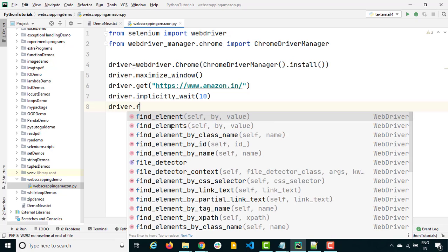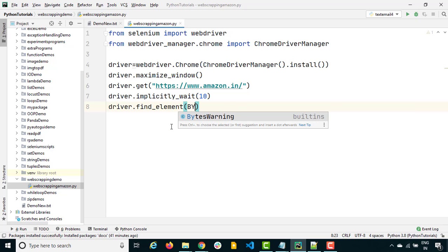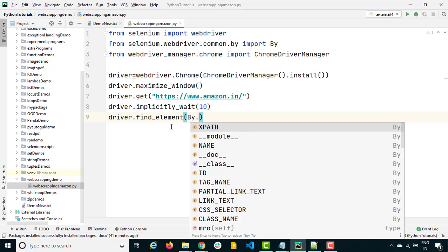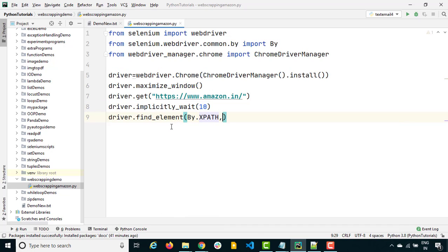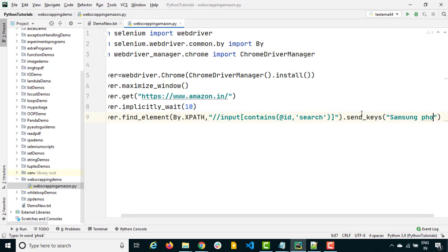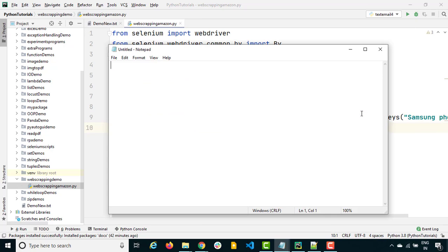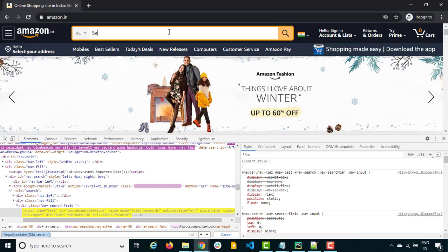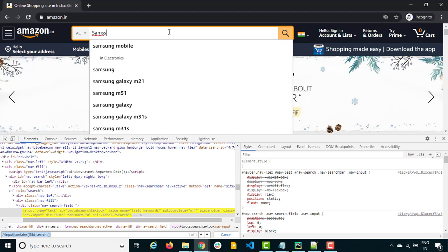I will say driver.find_element. I will be using By.XPath, and you can see we have written a very smart XPath where it will only search the input tag with ID search, and then I will simply use send_keys, and I will use Samsung phones. Okay, then let's search the same thing. I will just type Samsung phones,